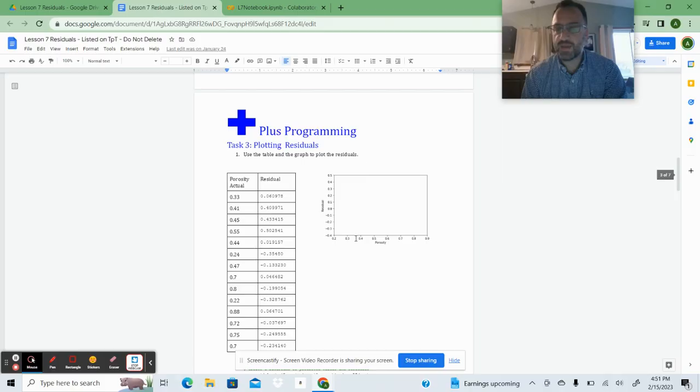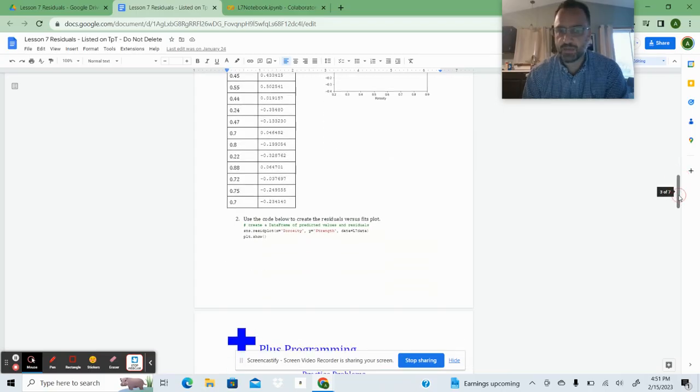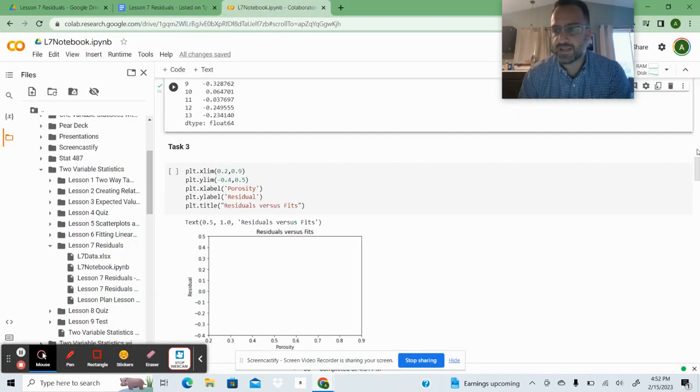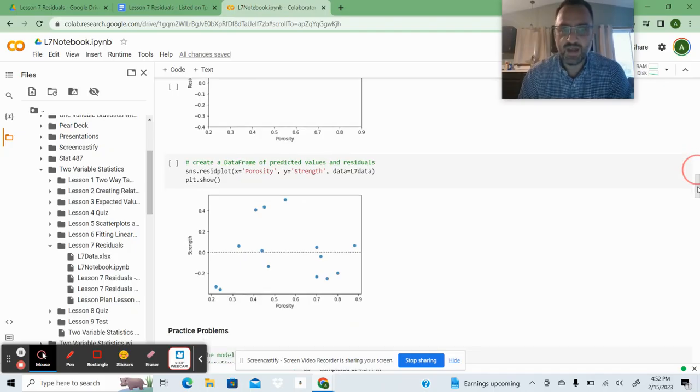Now what I'm going to do is you're going to make a residual versus fit plot. So if the porosity is 0.33, you go up the residuals 0.06, which would be about right here, and you just plot each of these residuals. So just make a scatter plot of them. Now what I'm going to do is show you again how to plot that with Python. So Python plots the residuals versus fits